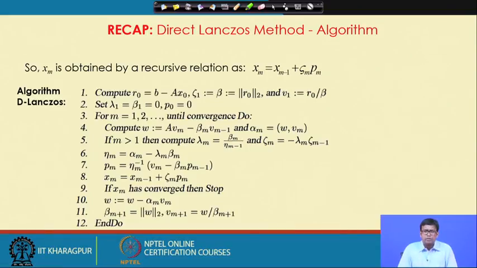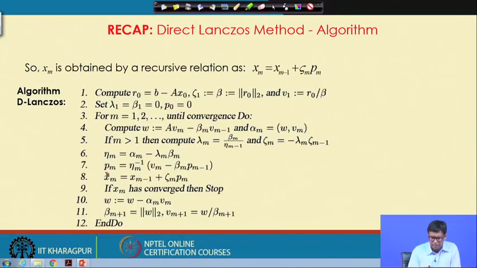So, in the direct Lanczos algorithm, Xm is obtained by a recursive relationship as Xm is equal to Xm minus 1 plus Xim Pm, and Pm and Xim are found using recursive relations. Now, with this background, we will try to look into more detail on the properties of the auxiliary vector